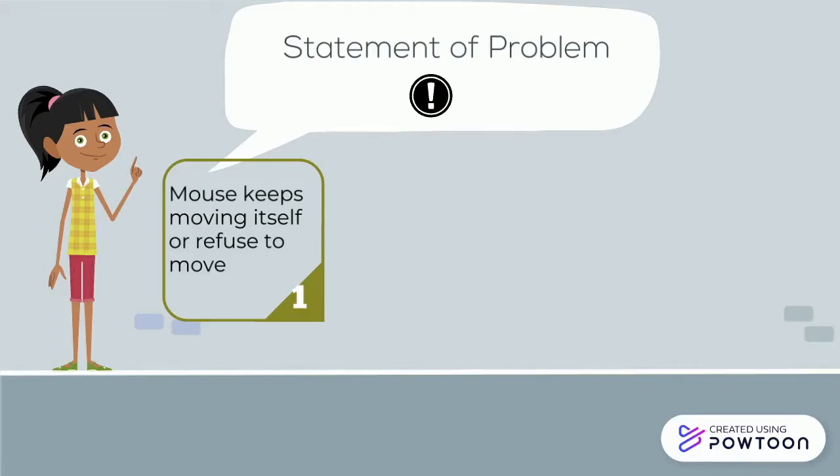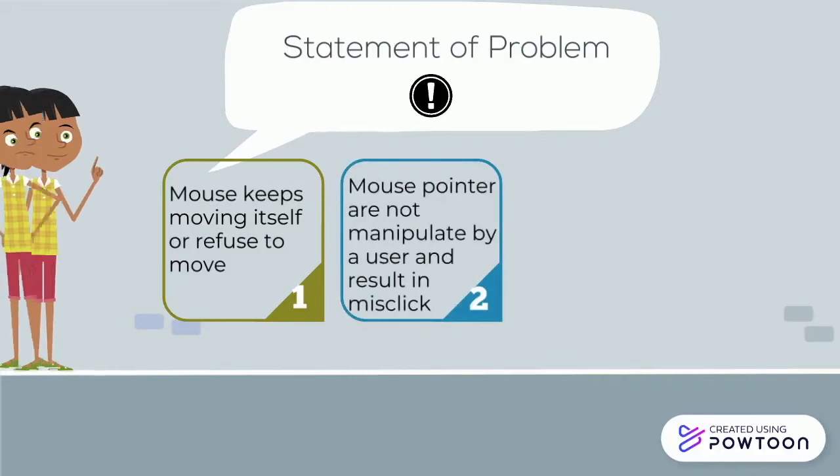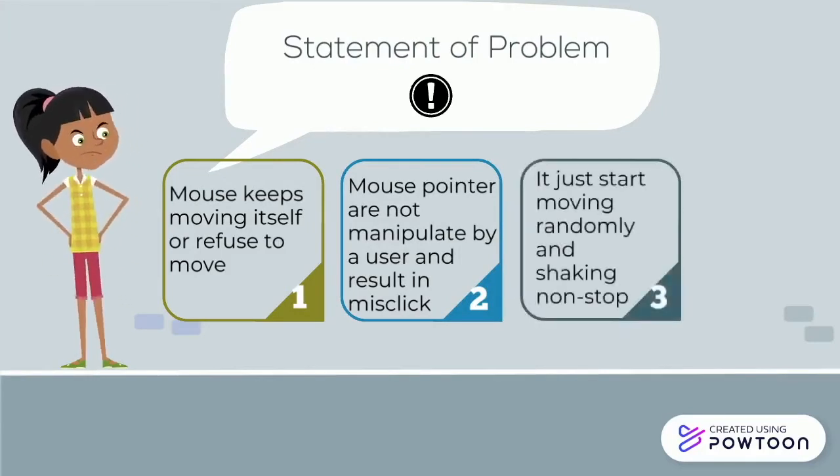It is so frustrating and annoying, which can make it difficult for users to use the computer, especially if they have tasks to finish. The main problem regarding this issue is that the mouse pointers are not manipulated by a user. For example, when users want to click a hyperlink, image, or mark some text, it slips to the left and misclicks. It then starts moving randomly and shaking non-stop. As a result, it will make users have difficulty performing their work and decrease the desire to continue